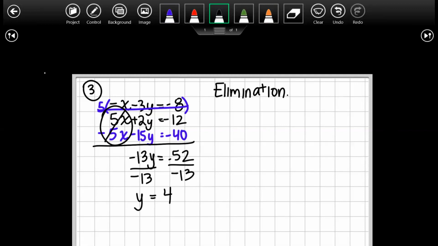Right, 4. We got to be able to take our value here and plug it back into one of our equations. So this is a part 1 to it. I'm going to take it back into the top one just to show we can plug it back in. We're going to get 5x plus 2 times 4 is equal to negative 12. And all we got to do is simplify out. Plus 8